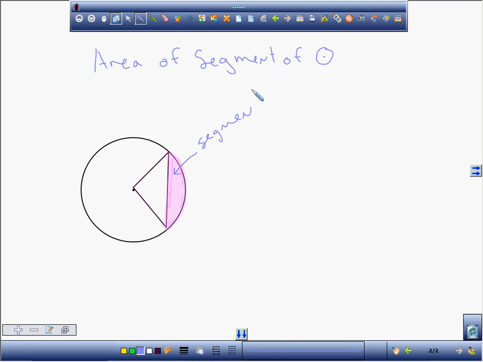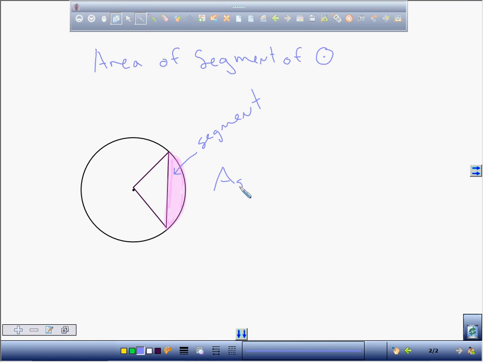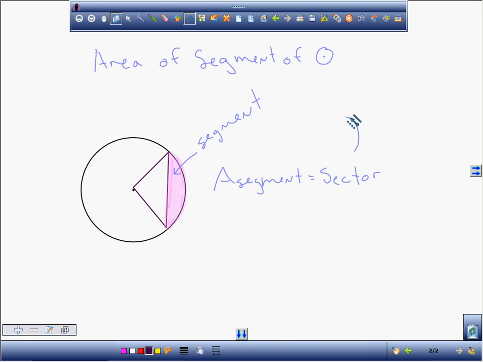Okay? So anyone want to guess how I would find the area of a segment of a circle? What would I need to subtract? I have to subtract two things. Maggie? Well, don't you have to find the area of the circle, then you have to find the area of that sector? Right. So it's the area of the sector, right? So what you would have to do is take the area of the sector, which looks like this,